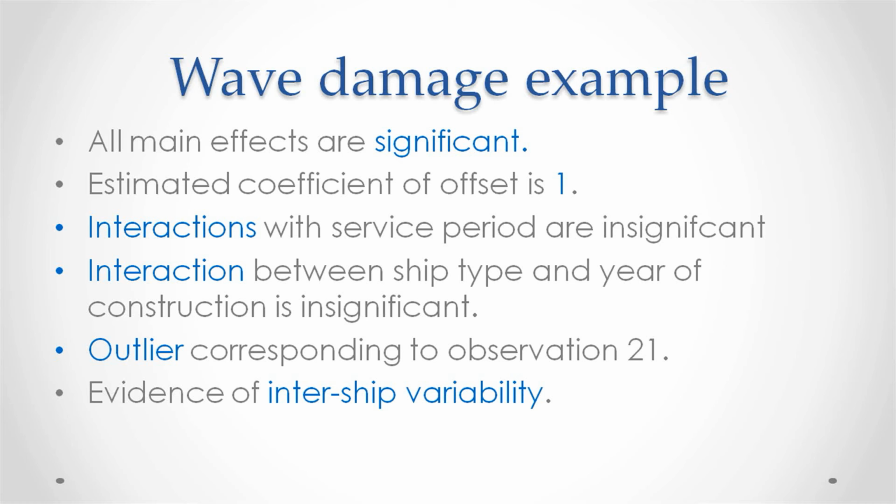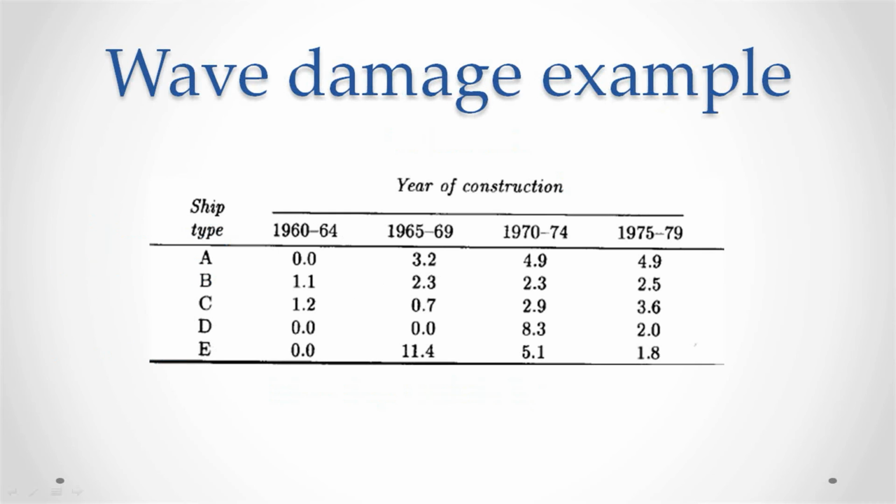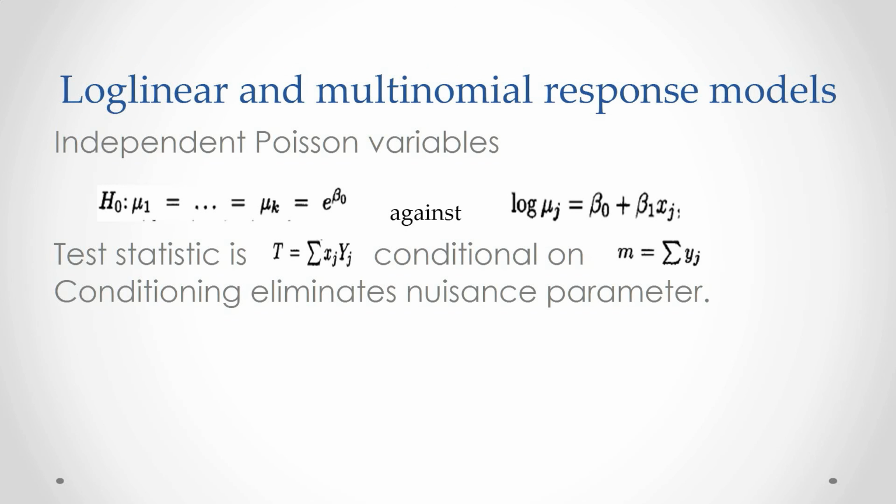So here is another way to present the data, which looks at the predicted number of damage incidents by ship type and year of construction. Finally, let us look at the connection between log linear and multiple response models. Now let us suppose that y1 to yk are independent Poisson variables with means mu1 to muk, and that we wish to test the composite null hypothesis H0: mu1 equal to mu2 equal to muk equal to